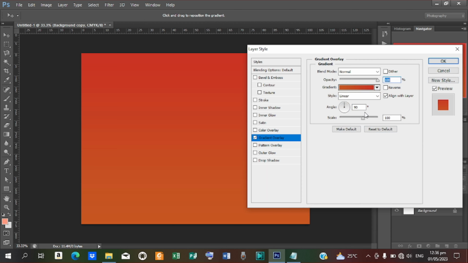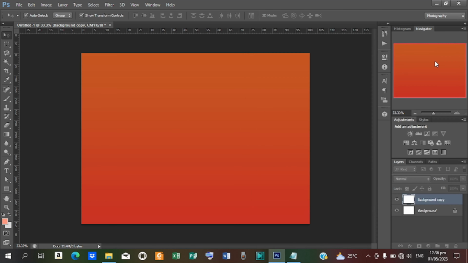Okay, so the next thing that I'll do is I'll reverse this color. I'll come to this place, Reverse, and I'll hit Reverse, then I'll hit OK, like that. The next thing that I want to do is add a reflection on top of this. So what I'll do is come here and select Create New Layer, and I'll create a new layer